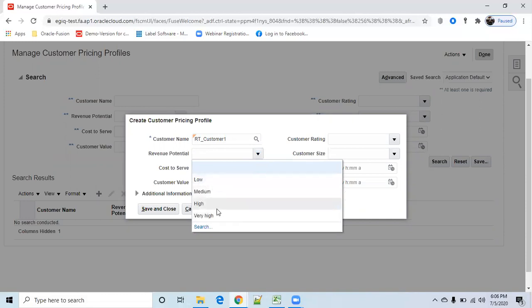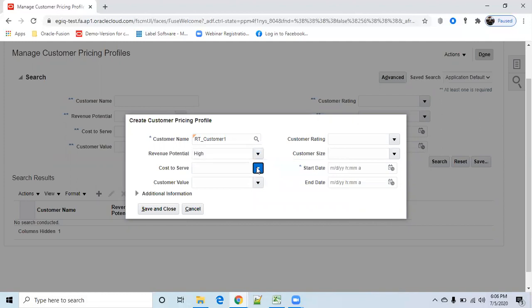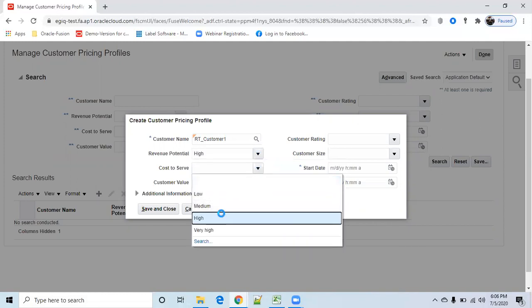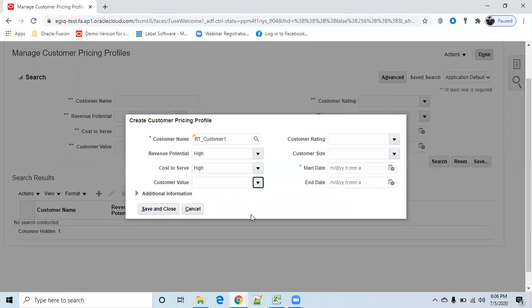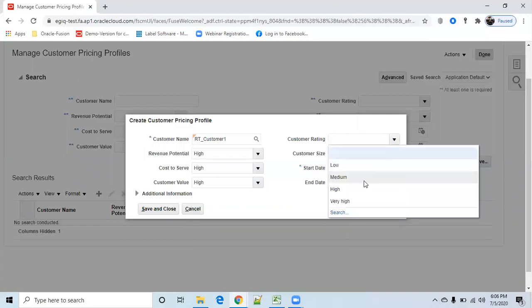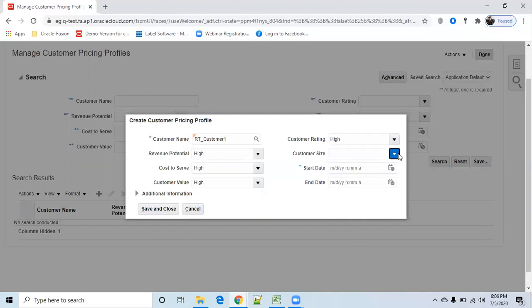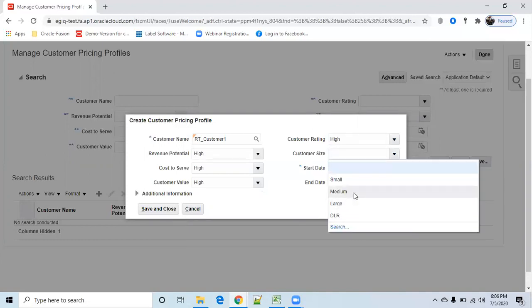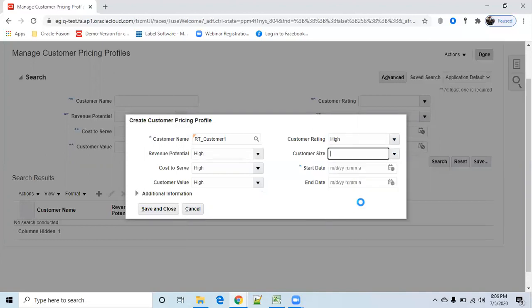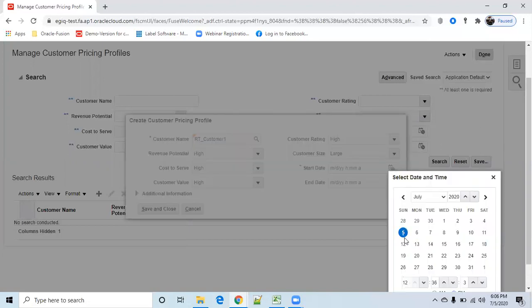This will be decided by the business. I'm taking it as high. Customer rating is also high, customer size is also large, and then the starting date.